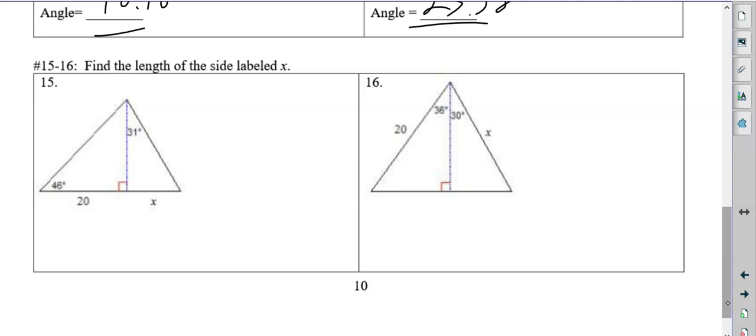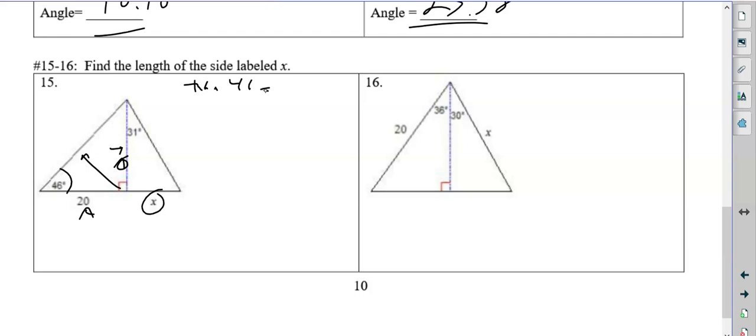All right, find the length of the side labeled X. We need to find this line right here first, so that we can use that to find this. So from 46 is just a two-step process. We have the adjacent, and we're trying to find the opposite. Notice we don't have the hypotenuse. So that's tangent. Tangent of 46 equals